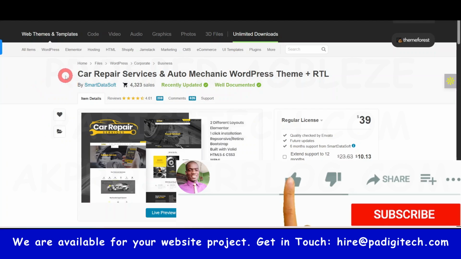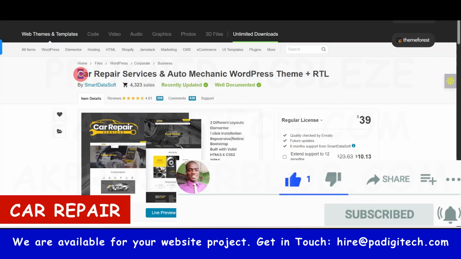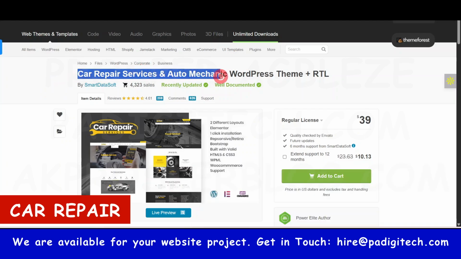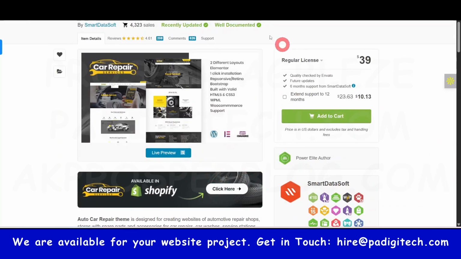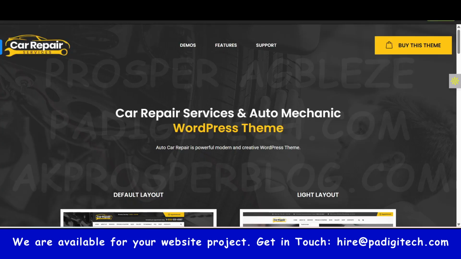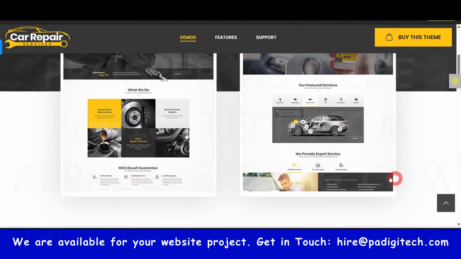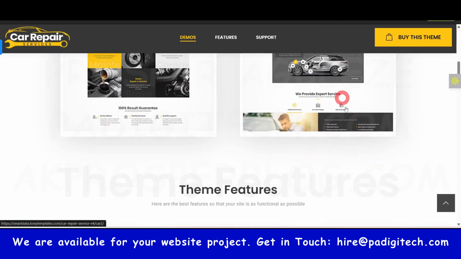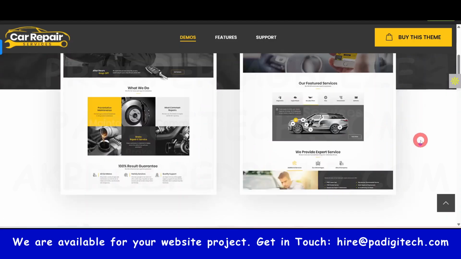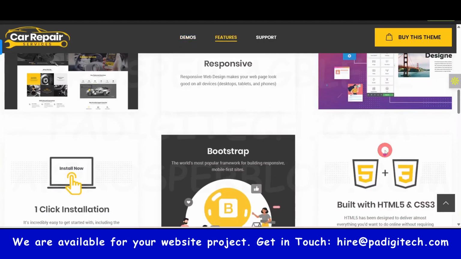So away from car dealership or car sales, this is for car repair. So you can see car repair service and auto mechanic WordPress theme. Okay, so for this now, this also works with Elementor Page Builder. So let me show you what the demo looks like. So you can see it here. It has 2 demos. So this is the first one and the second one. All right, so if you just click here, you can have the entire view of what the demo page looks